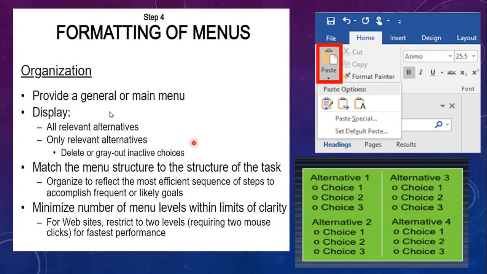All relevant alternatives can be presented, and sometimes what you can do is gray out the inactive choices.